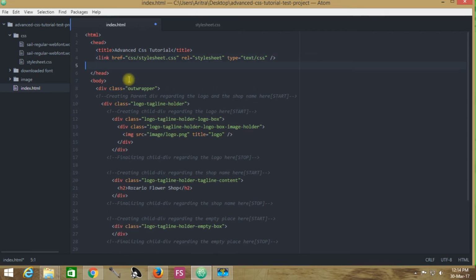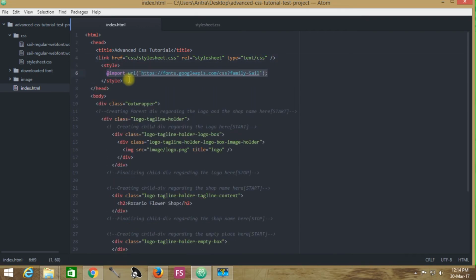And another thing you must remember: each time you are importing something from Google Fonts, or linking your JavaScripts or your style sheets with your index.html, you have to place the source codes in your head tag and nothing else. This is a major factor, you have to take care of it. I have linked those extra tags after I completed linking my style sheet, the customized style sheet that I created for the sake of this project.